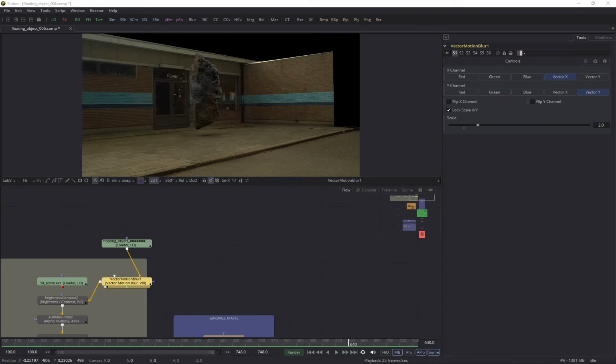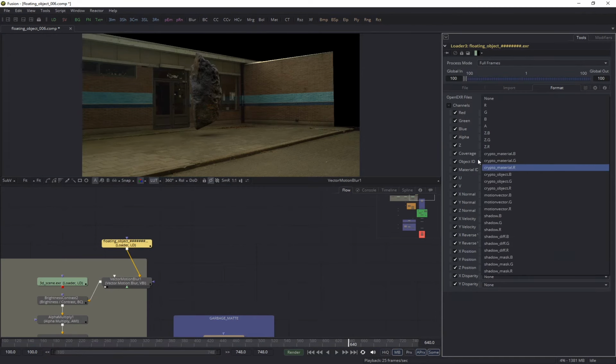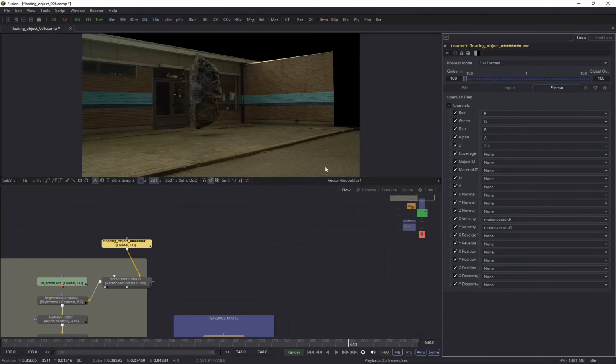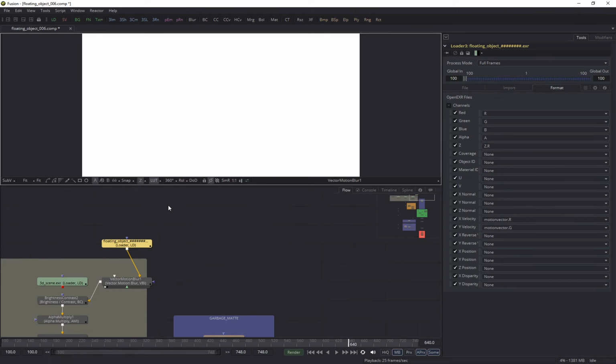Now let's also have a quick look at the Z pass. We don't really need it in this case, but I just want to show you quickly. So in our loader, we also have this Z channel, and I've already set it here to the R channel of the Z. It doesn't matter which channel you choose. And so you can see that in this channel we have a depth, and it's completely white. But if you look at the Z values,